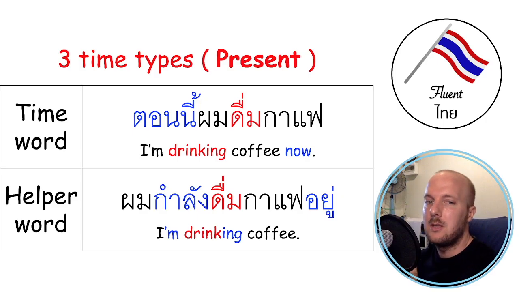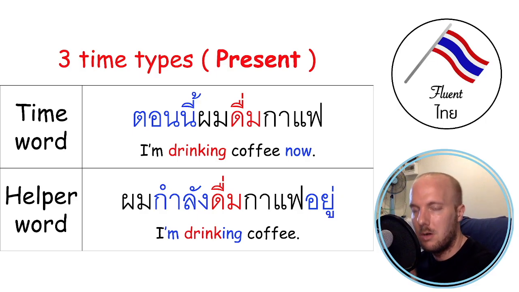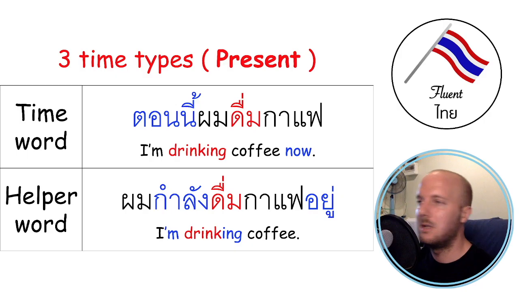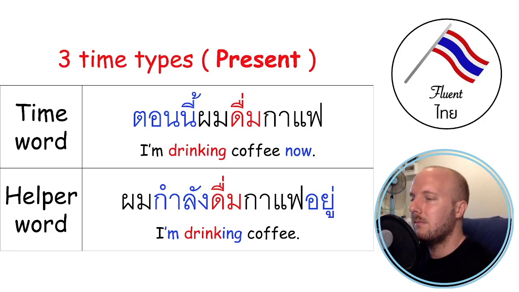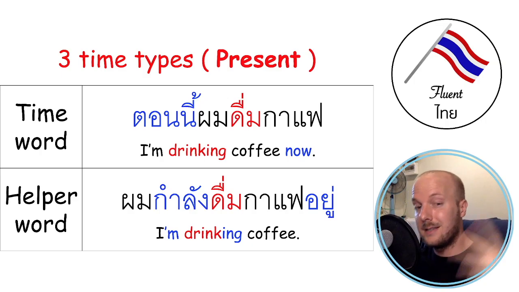Whereas in English, we need to add the auxiliary I am. So we have to use am as well as adding ing. In Thai, you don't need to fuss around with any other auxiliaries. It's just subject and then the verb. So it's quite straightforward. If we want to use a helper word, if we want to emphasize the present continuous